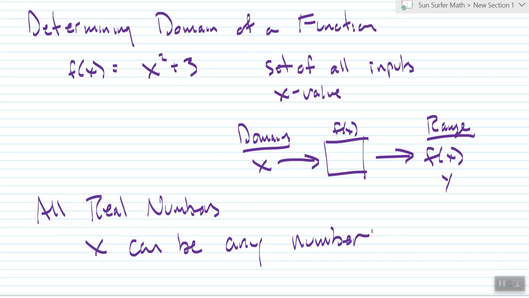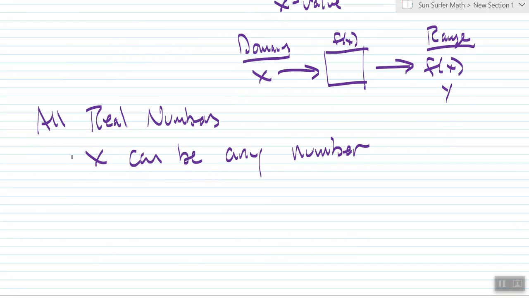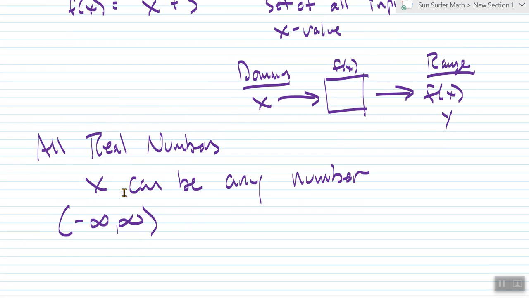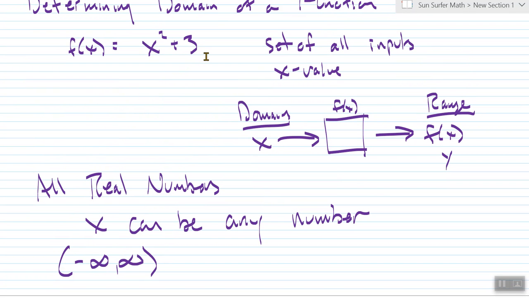And the way that we would write that using interval notation would be from negative infinity to positive infinity. And with interval notation, we use these rounded brackets that represent the fact that we do not include whatever these endpoints are, and we cannot include infinity. So in this particular example, what would be the domain of x squared plus 3? It would be negative infinity to positive infinity,